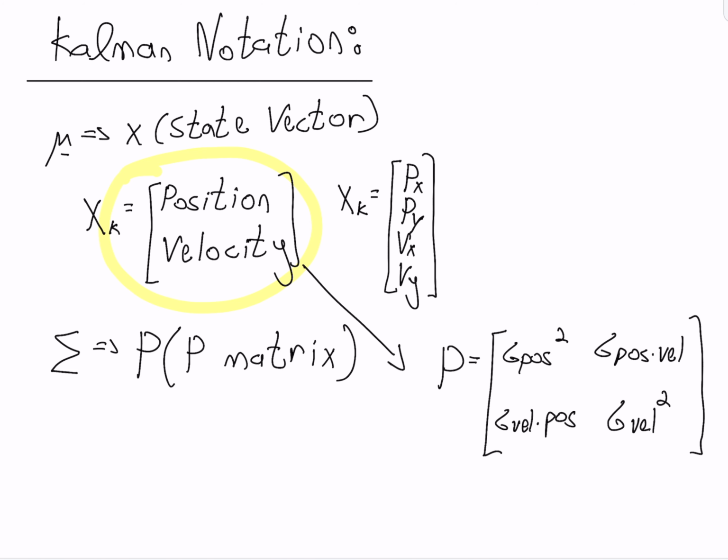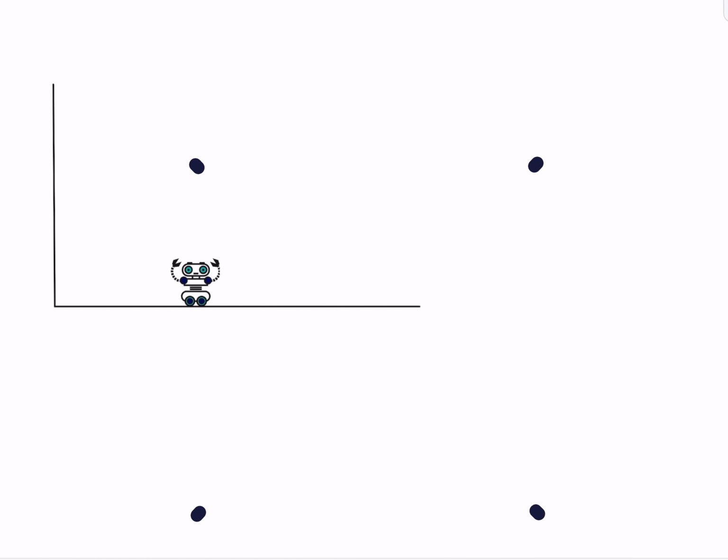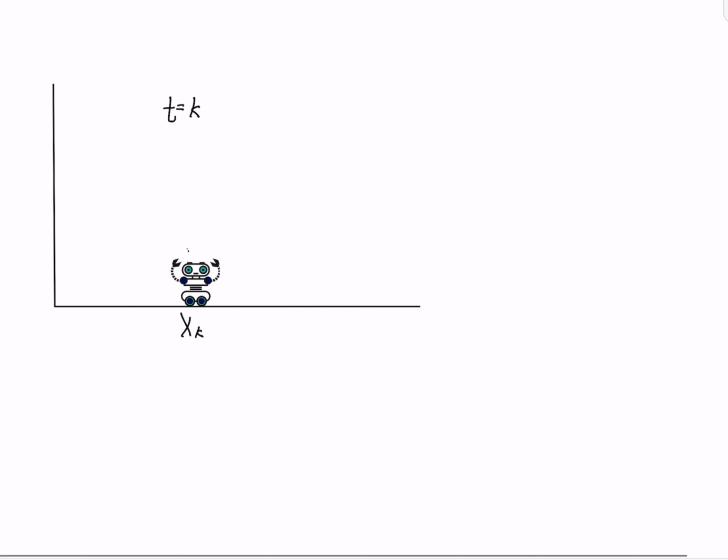One of the beautiful things about the covariance matrix is that you can get insight of one parameter from the other. In order for the last sentence to be clear, let's think of a simple example: 1D motion with constant velocity. Assume that at time t equals k, my robot was at a certain point. Let's call it xk. And remember, we have a constant velocity model. Now, if I know that from the last measurement delta t has passed, what I know is that the new position of the robot should be over here.